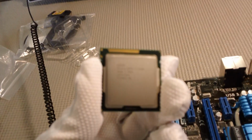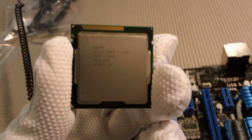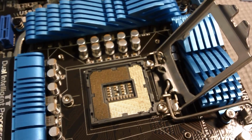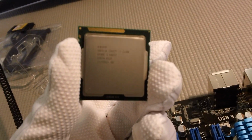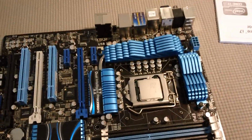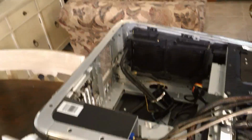Well, here we go. I wish this thing would focus, but that's the new Core. There we go. The Core i7, and it will be going right in there. Pretty amazing piece of silicon, isn't it? This is not your father's Apple IIe. Okay. It is now installed, and I'm going to move ahead with putting the motherboard into the case and starting